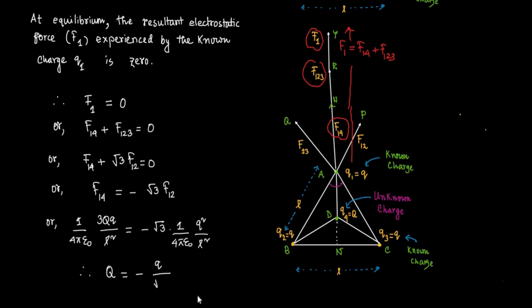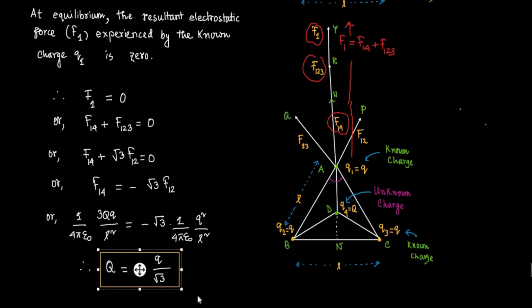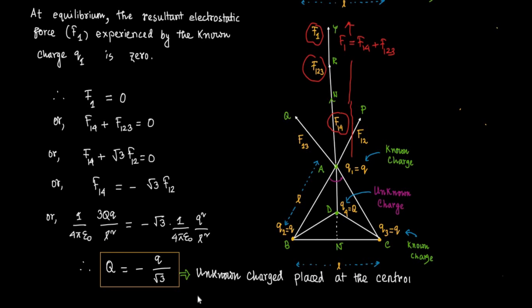Therefore, Q equal minus q by root 3, which is the unknown charge placed at the centroid,